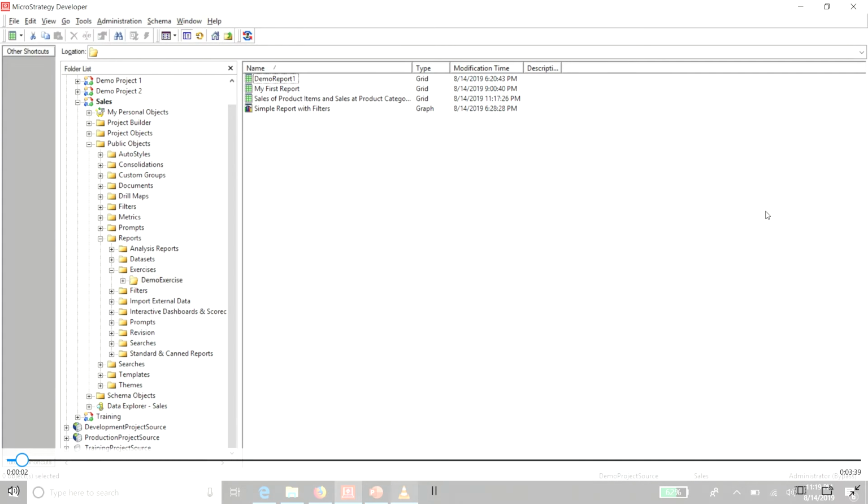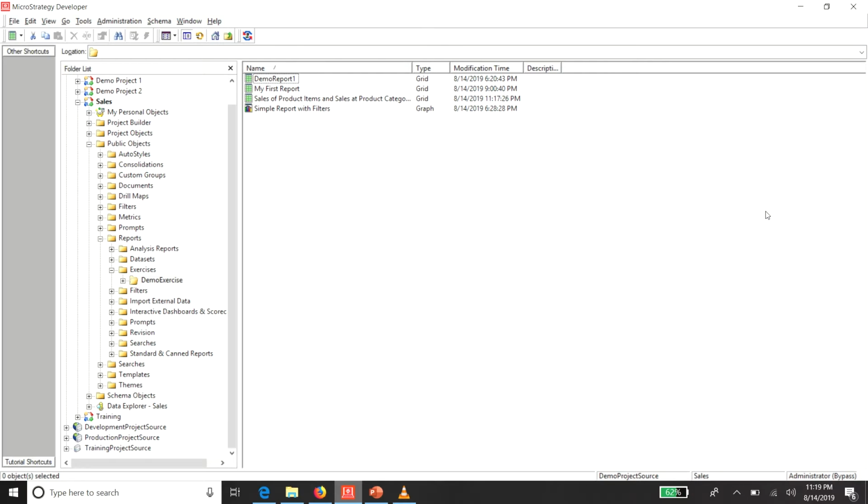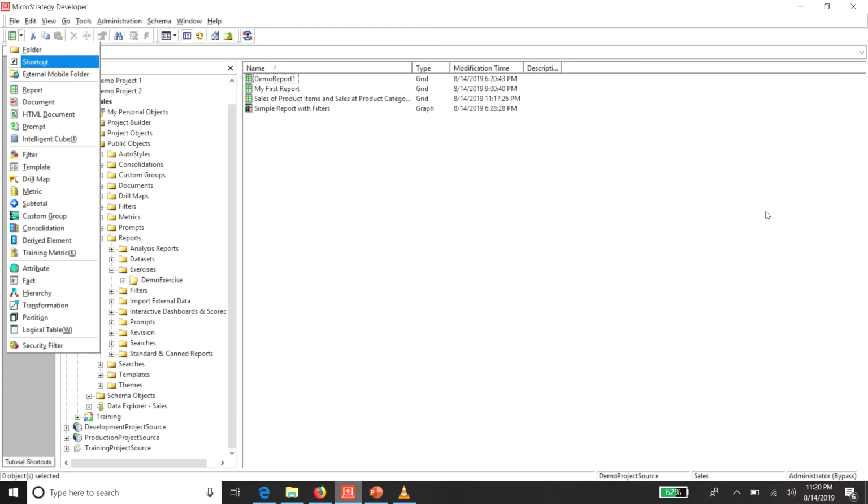Friends, in this exercise, we're going to create a derived metric, which is basically a metric that's calculated on the fly. It is not a pre-designed object that lies in the repository. Okay, so let's start. We need to open the reports editor first and create a simple report that contains